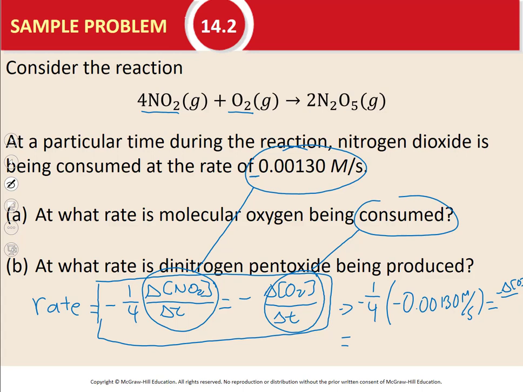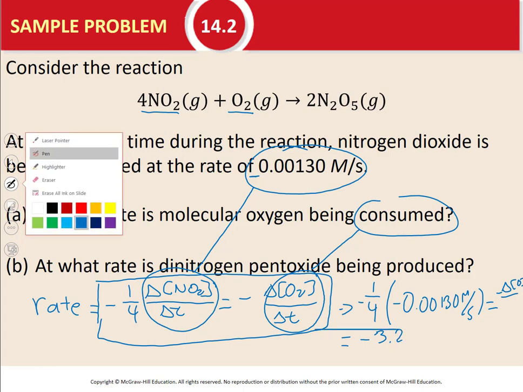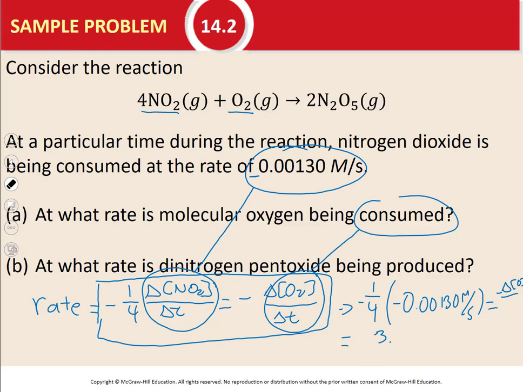0.00130 should be what? Small number. Starting off with a small number and then multiplying it by a quarter. Should be something times 10 to the negative 4th. Good. 3.25. 3.25 times 10 to the negative 4th molar per second is equal to the negative